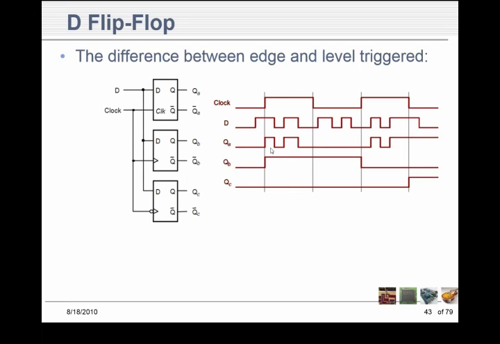For the second one, we only care about this point and this point, the 2 points where the clock goes high. For this first one, when the clock goes high, D is high, so Q goes high. At the second time that the clock goes high, D is low, so Q goes low. That's all we have to care about. The third one,